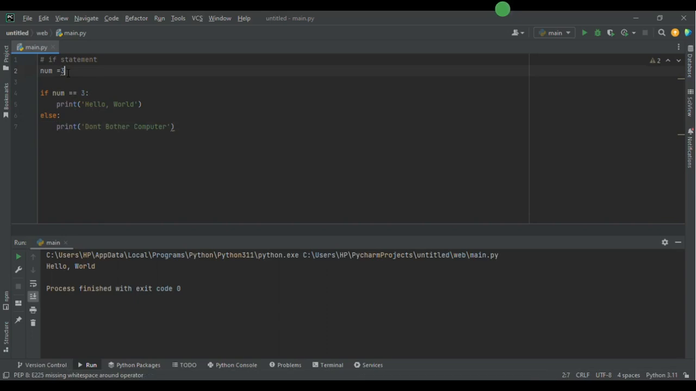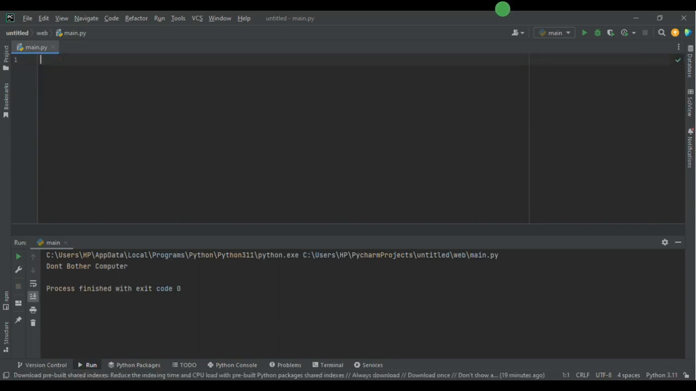Now let's change this num to 1. We have don't bother computer. So here is just how we make use of the if statement. There's another statement we call an elif statement. I'm going to tell you guys how an elif statement works. Now num is equal to 4. Now if num is equal to 4,